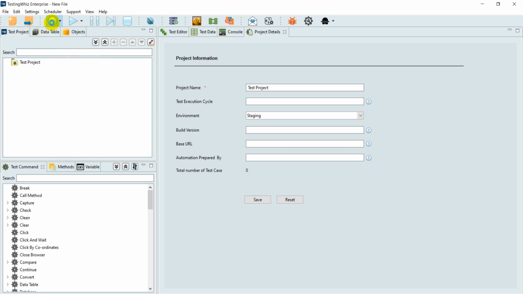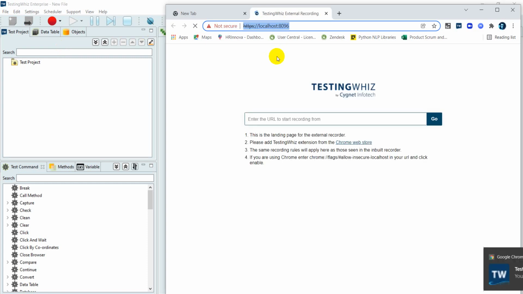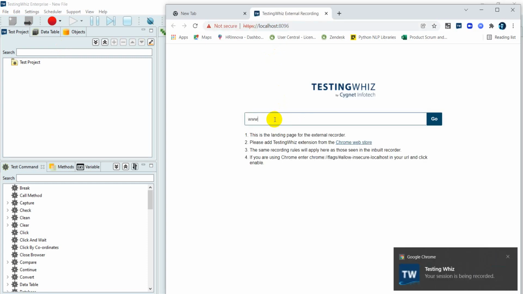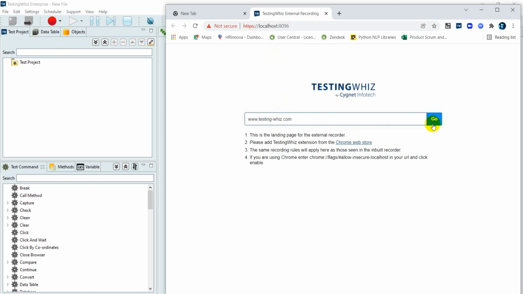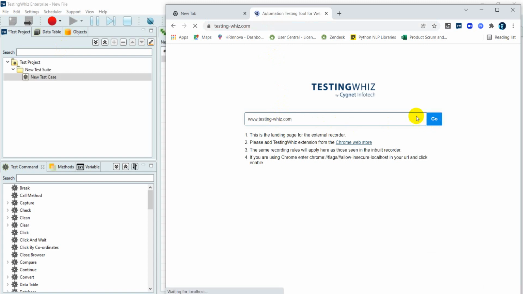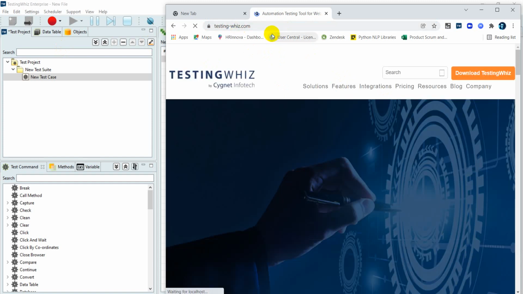And by default, when you click on this Chrome recorder, it is going to open up a basic recorder for you. And once it opens up the recording page, you would be able to navigate to the website or the application that you have to write test cases on, and you would be able to start recording from there. So as soon as I type it here, this will open the page and it will allow you to write test cases going forward. As soon as you hit the URL here, it will record all of your actions